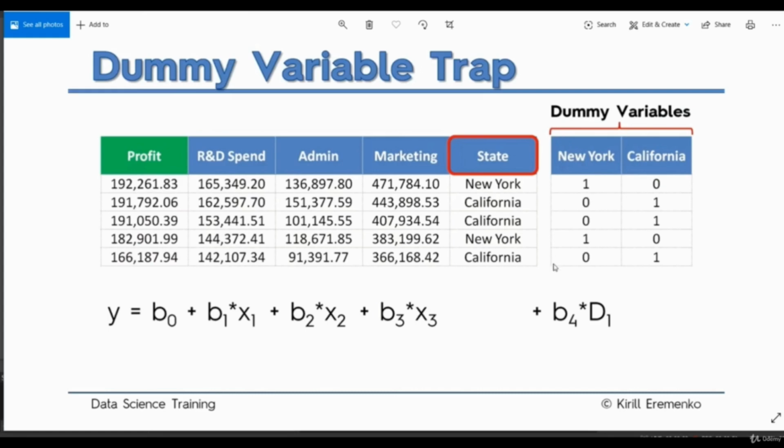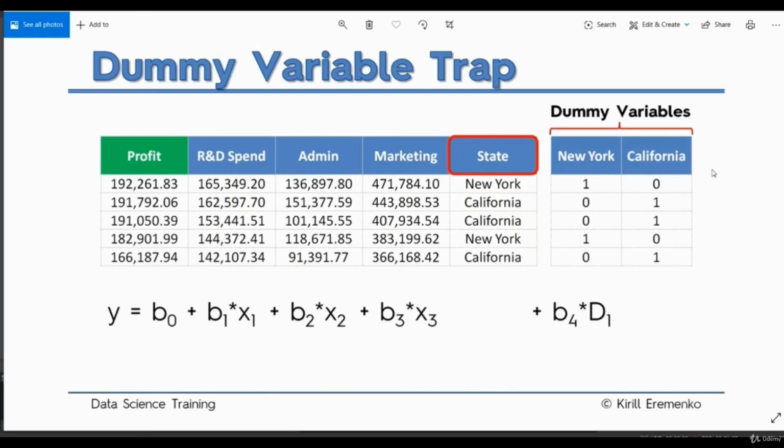If we only use this variable for our model, it's going to say 1 for New York and 0 for California. Similarly, if we use the other, it's going to state 0 for New York and 1 for California. So using both variables together is going to duplicate the variables in our model, which will increase complexity and reduce accuracy. This problem is referred to as the dummy variable trap.